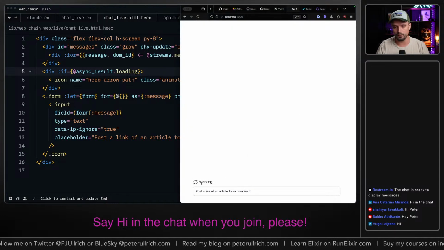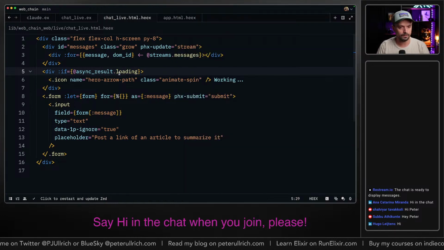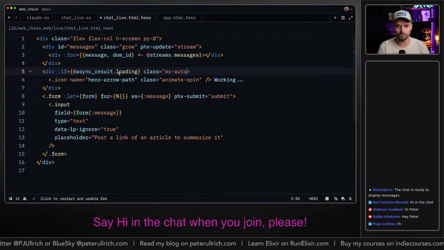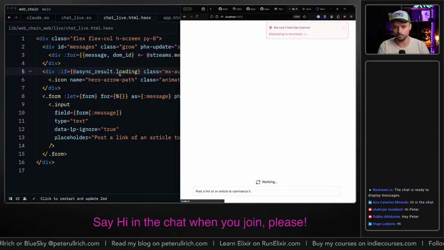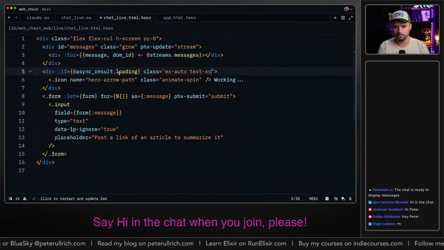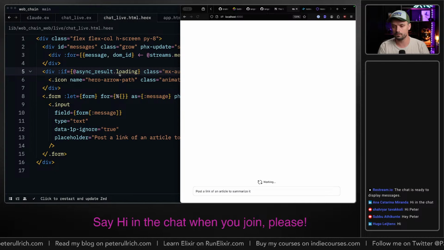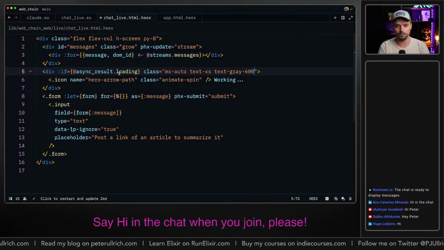There we go. All right, so now we got our working spinner here, and I'm gonna make this mx-auto so that it's in the middle. I'm also gonna make this really small, and text gray. Now that should be 700, 600.